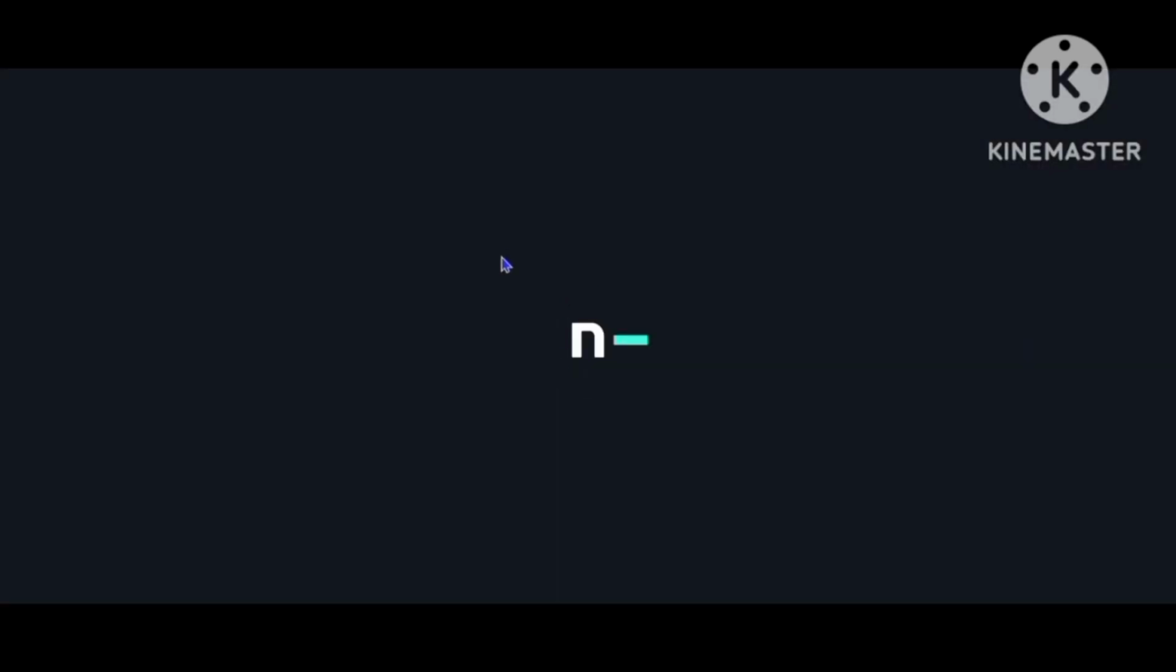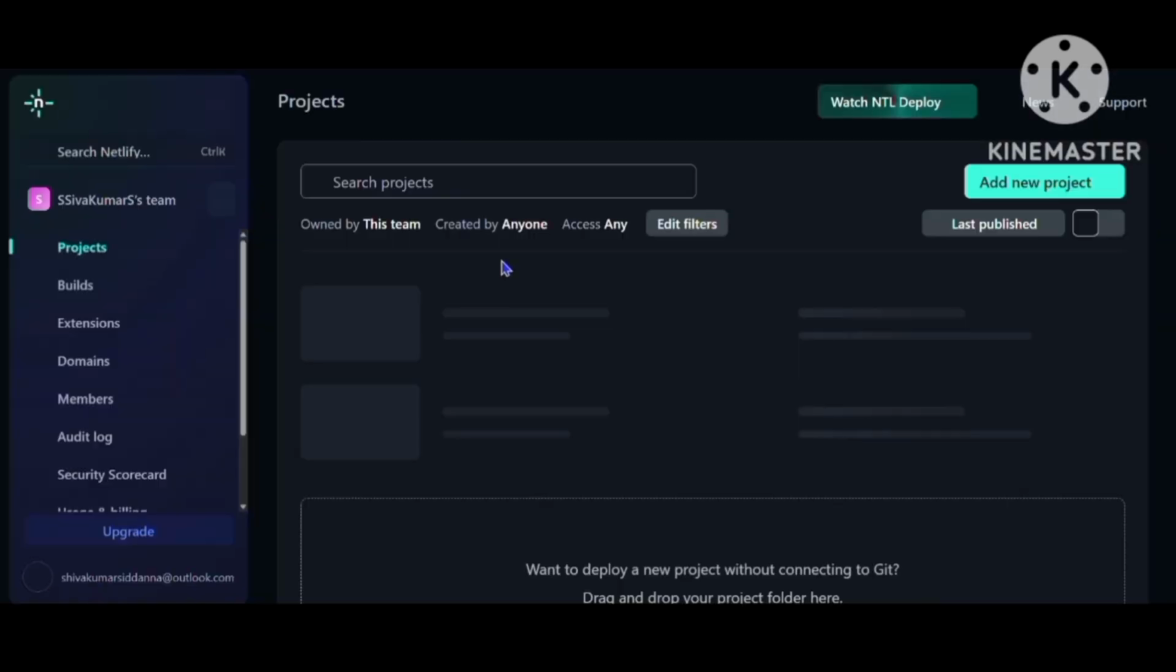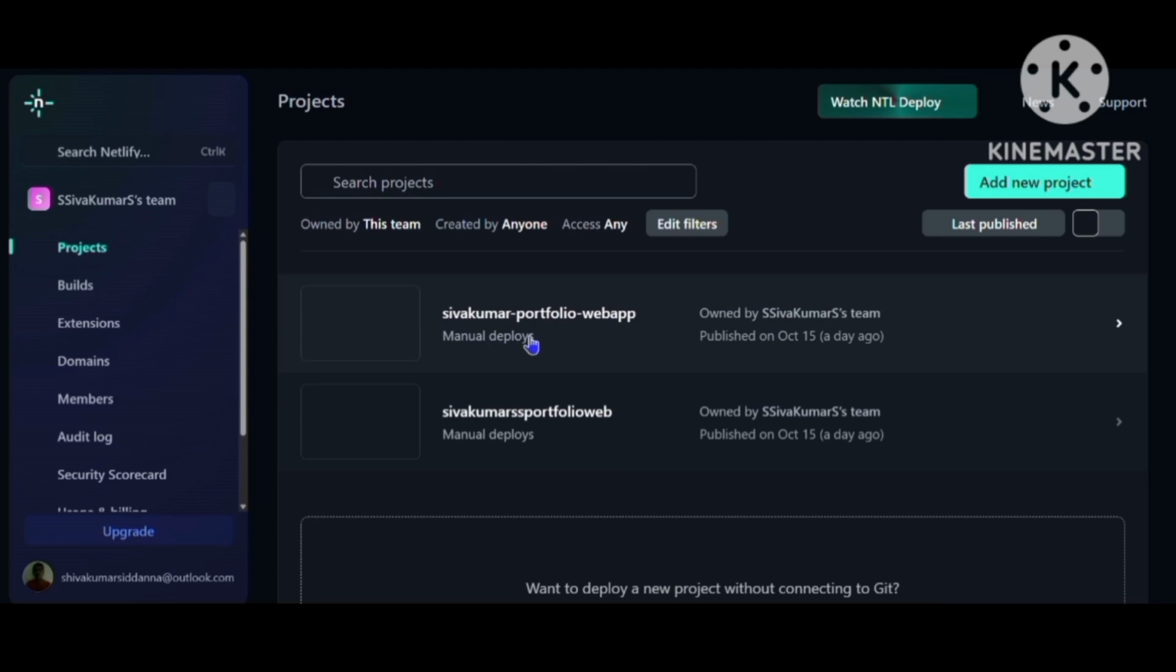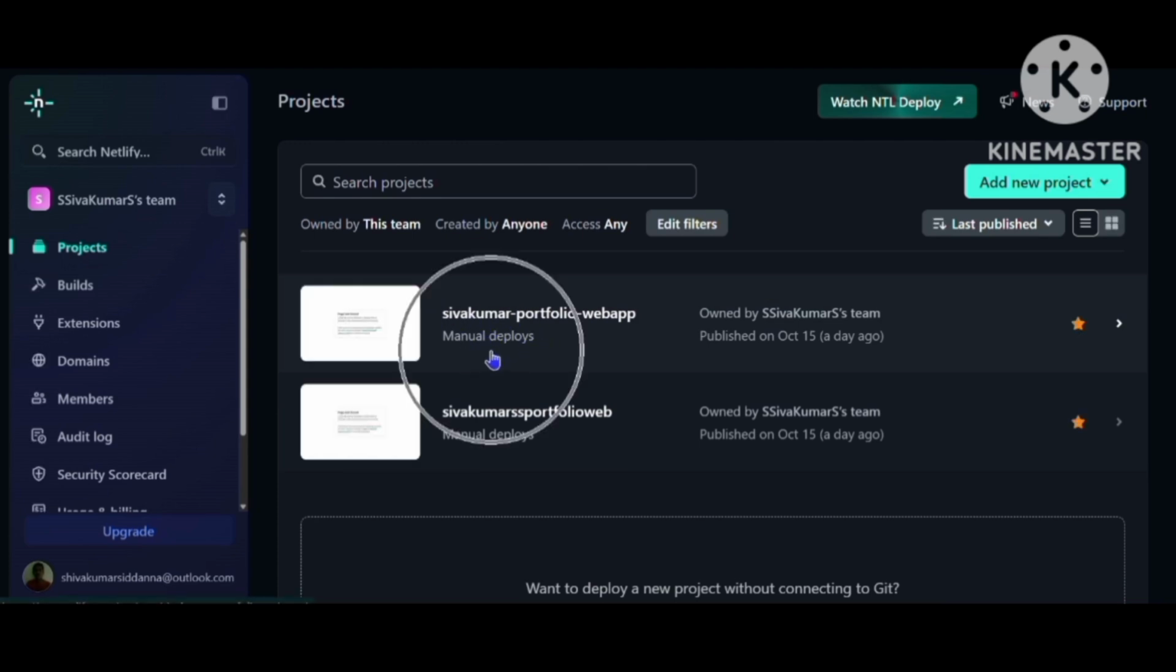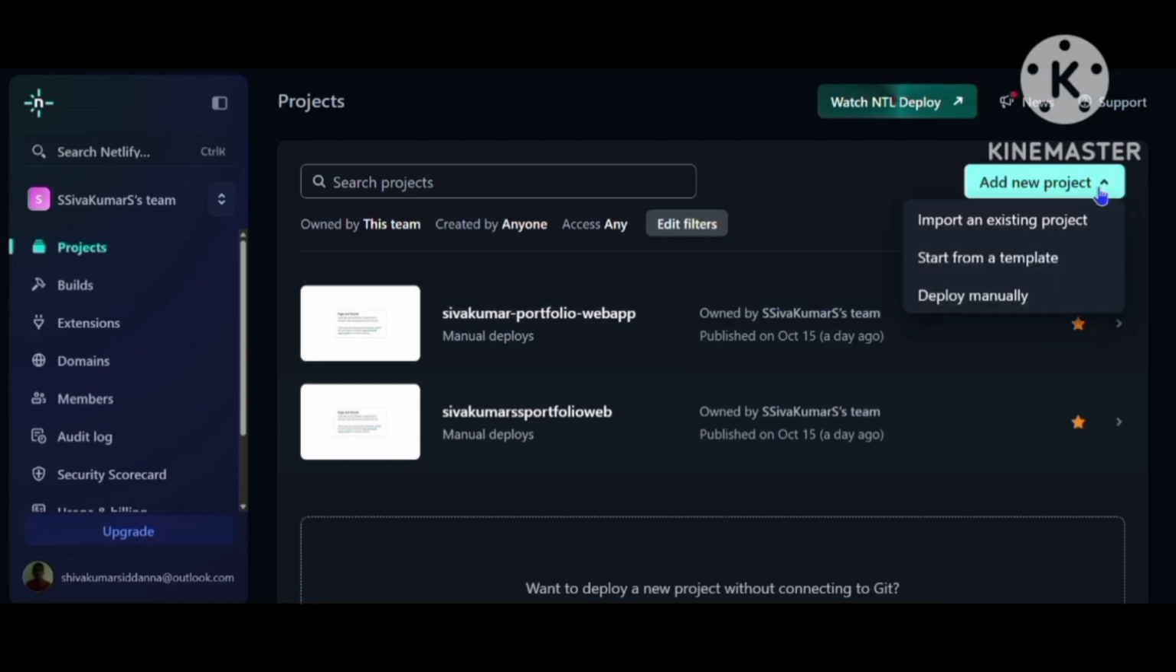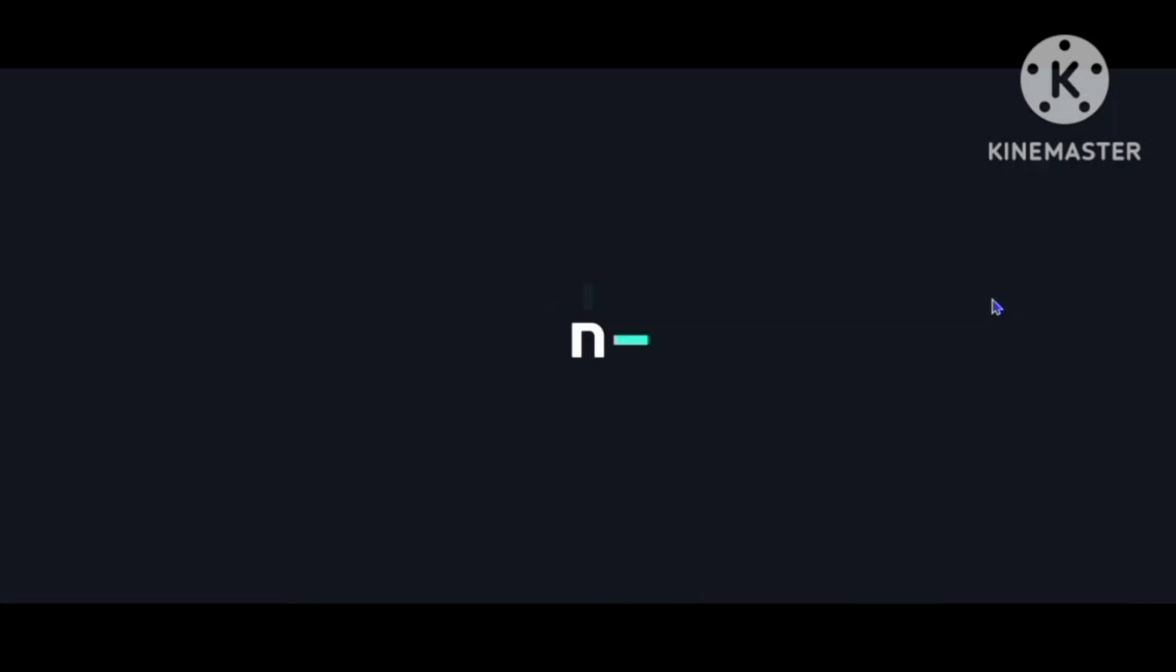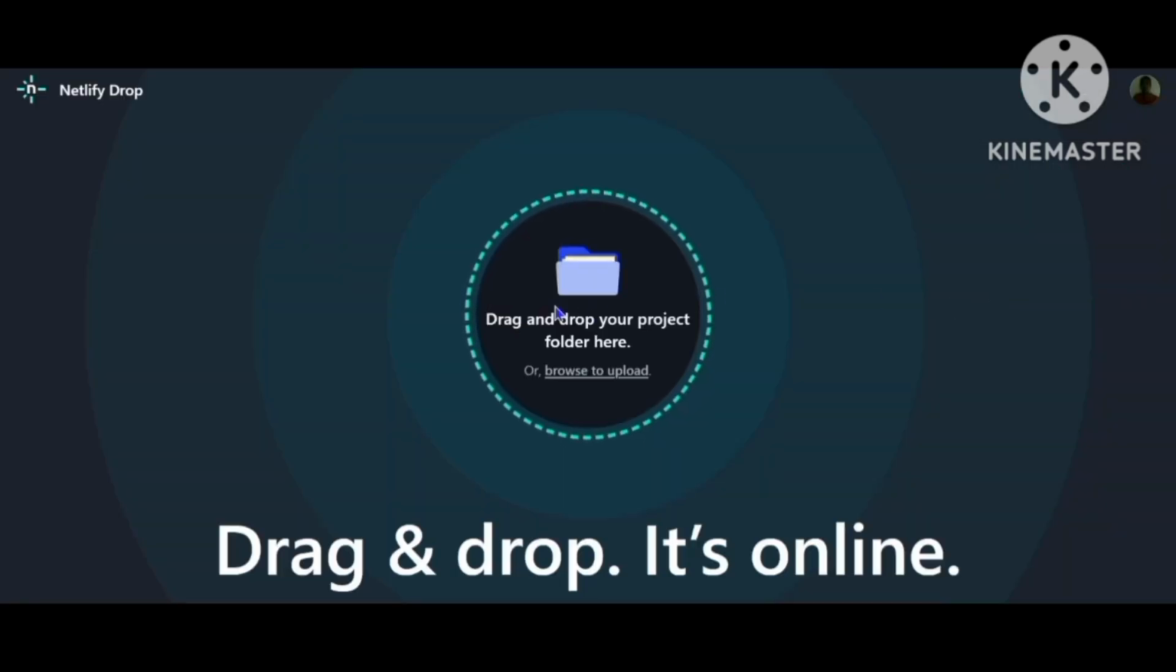Wait. There is a network issue in my application. Like this, this one is visible. How to deploy this website? Click on it, add new project, deploy manually, and drag and drop a project,